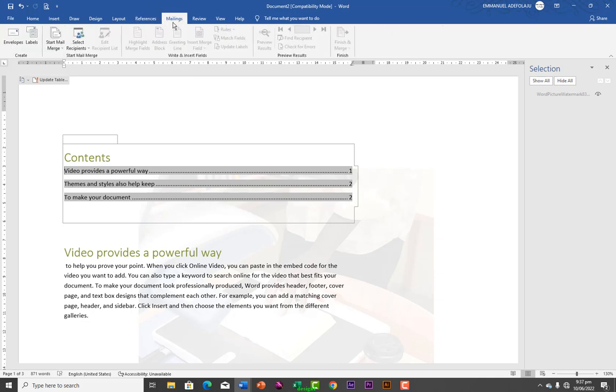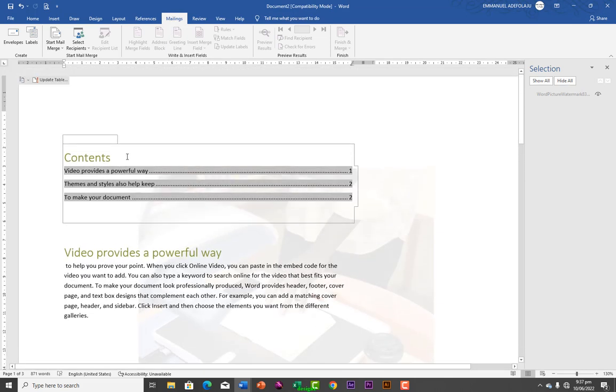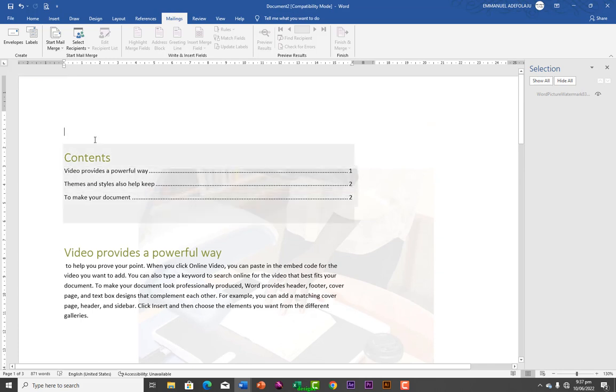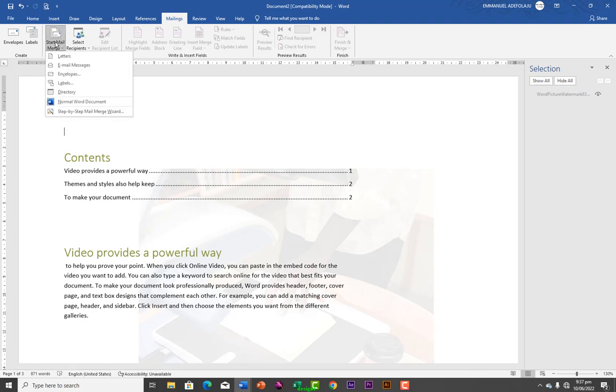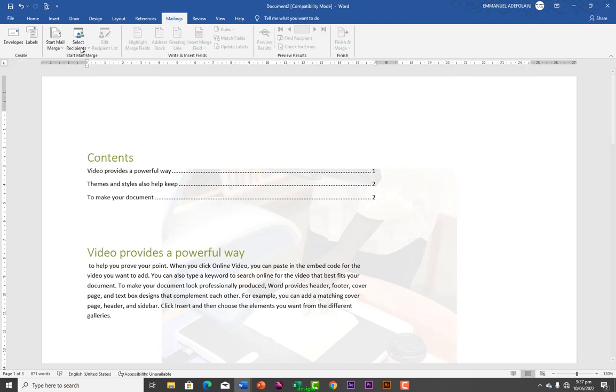The next is mailing. So let's assume this is a letter that I want to send. So I'm going to click on Start Mail Merge. So are you sending an email message? Are you sending a letter? So I'm going to click on letter. Okay. So once you click on letter, I'm going to